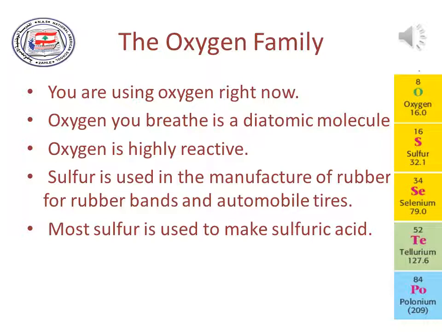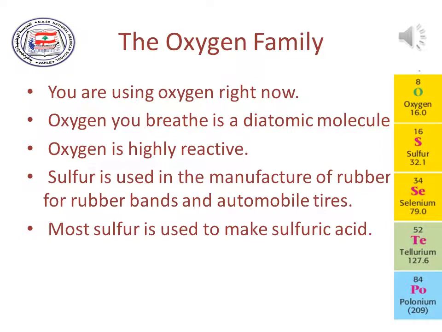Oxygen is highly reactive. It can combine with almost every other element. It is also the most abundant element in Earth's crust and the second most abundant element in the atmosphere. Another nonmetal is sulfur. Sulfur is used in the manufacture of rubber for rubber bands and automobile tires. Most sulfur is used to make sulfuric acid, H2SO4, which is one of the most important chemicals used in the